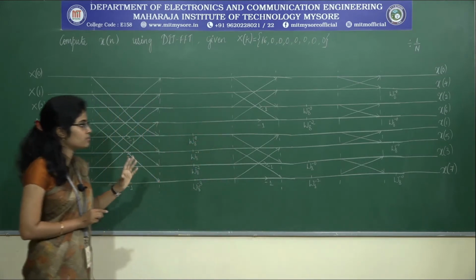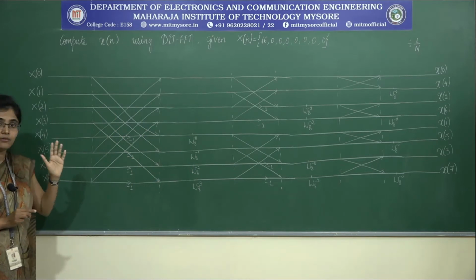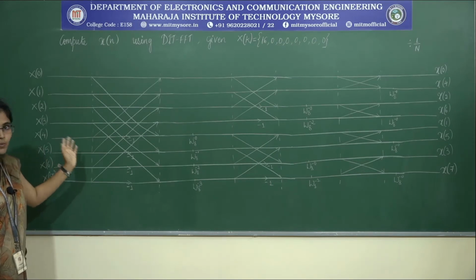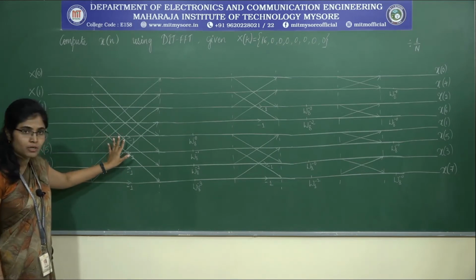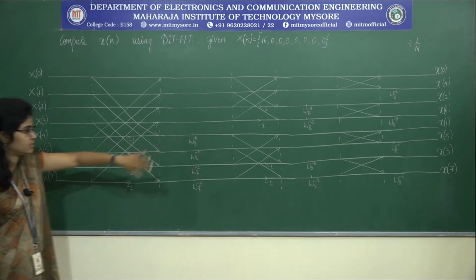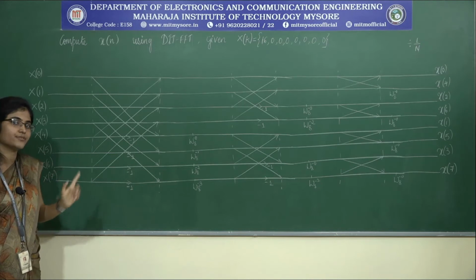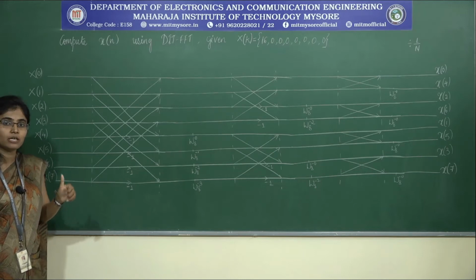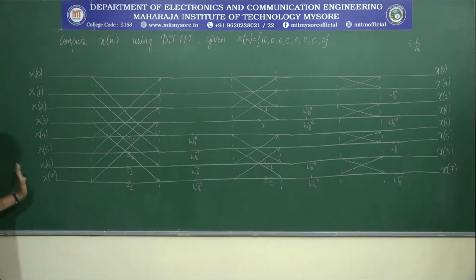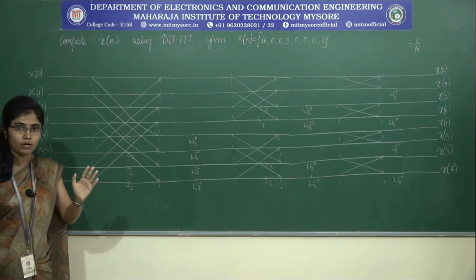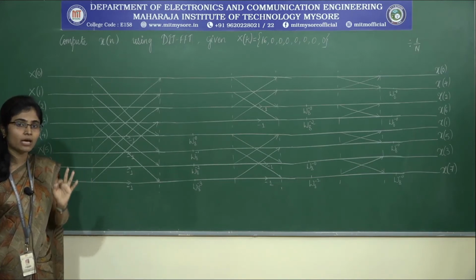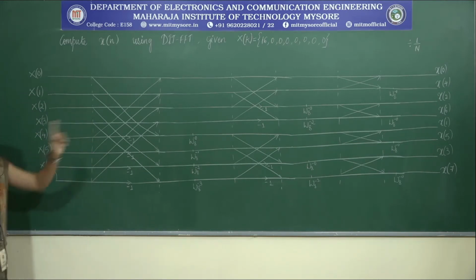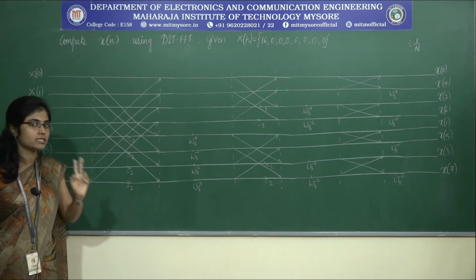So, one thing which you need to observe in the butterfly structure is that in the DIT-FFT algorithm to find out DFT, the structure was vice versa of this. First we had the 2 butterfly structure, then 4, then finally the 8 lines. Here it is vice versa of that, that is the first difference. The second difference is that in the problems where we try to find out DFT, the input was in bit reversed order and the output was in normal order, whereas whenever you try to find out IDFT using DIT-FFT algorithm, the input is in normal order, but the output will be in bit reversed order. That is the second difference.